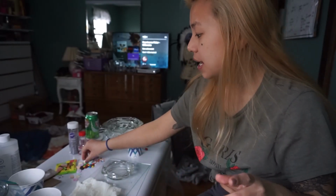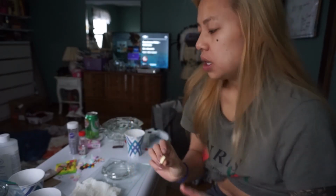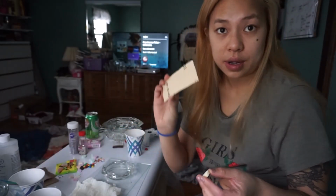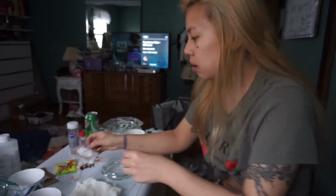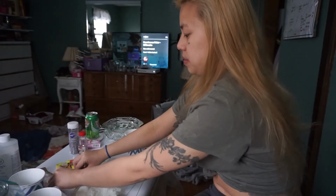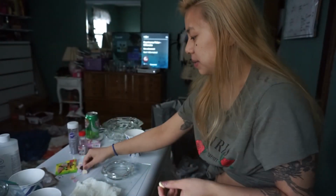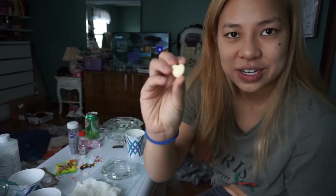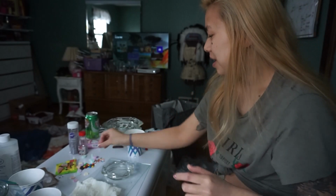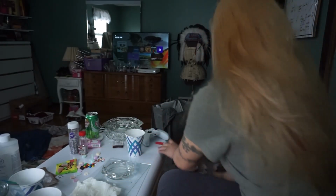Alrighty, so I wanted to do one more ashtray with candies and candy hearts, but these ones start out way too thick. So what I did was I took a piece of sandpaper, put it down on the counter and just flattened them out. So now you can see this one is significantly thinner. Some of these hearts actually say funny things, and this one says ugh. So I'm going to take some inspo from that, and